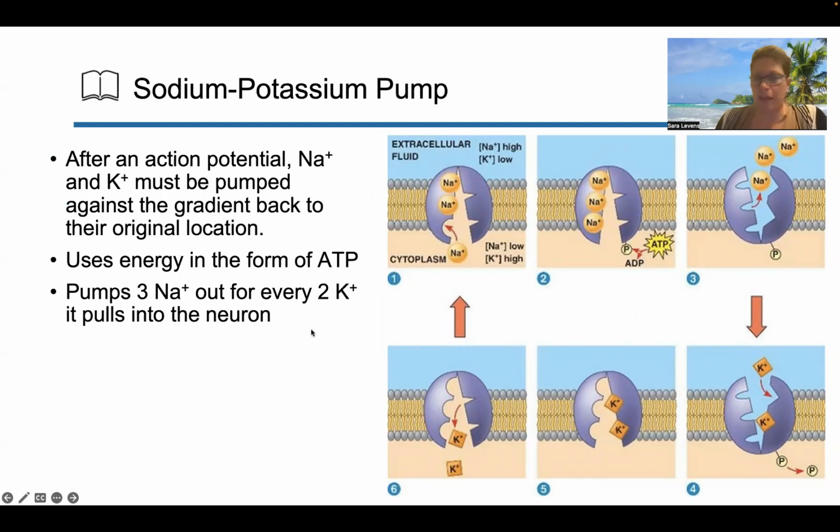So thinking, okay, we've got this action potential, it's occurred, but then what happens afterwards? How do we actually return back to the resting potential? So after an action potential, the sodium and the potassium must be pumped against the voltage gradient and the concentration gradient, back to their original location to return the inside of the cell to its negativity. So that's where the sodium-potassium pump